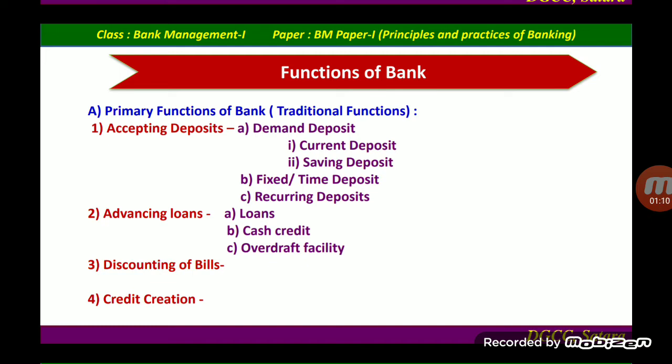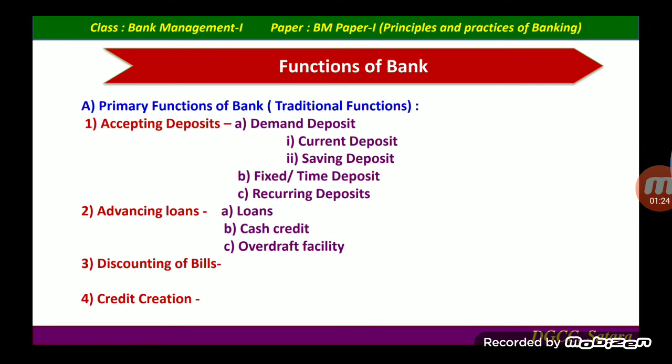The second primary function is advancing loans. Under loans, first is loans, second is cash credit, and third is overdraft facilities. The third primary function is discounting of bills. It is used in trade when a seller sells goods to the buyer. When the buyer purchases goods from the seller,